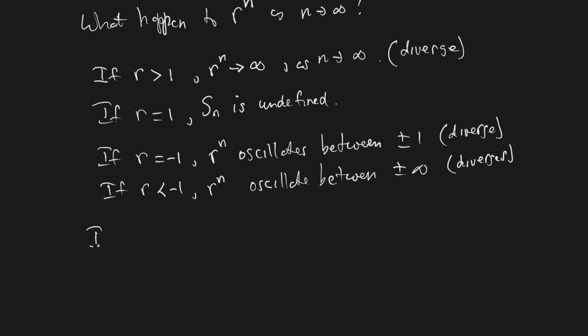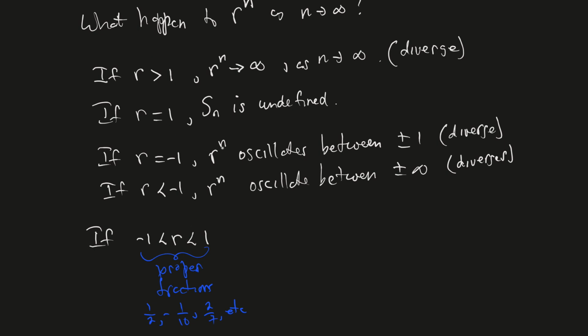So if our r is like this, this would be the set of all proper fractions. Any number that's strictly between plus or minus 1 has to be a proper fraction. So we're now looking at proper fractions, like 1/2, -1/10, 2/7, etc. So the question is, what's going to happen to these numbers now,